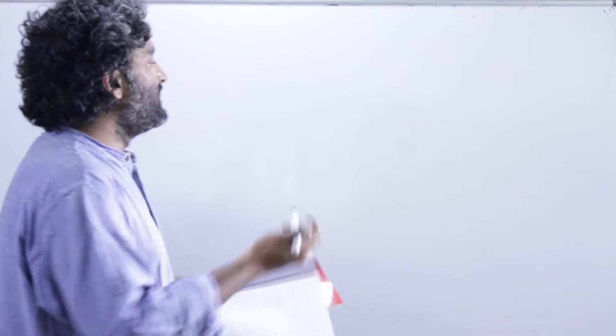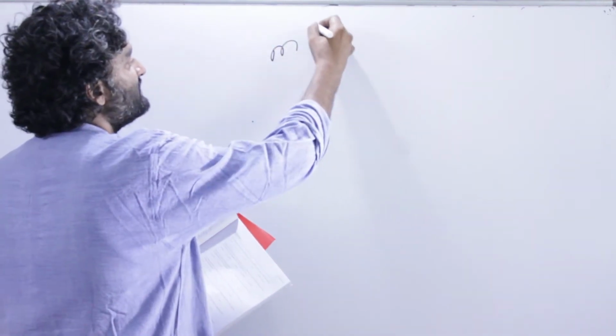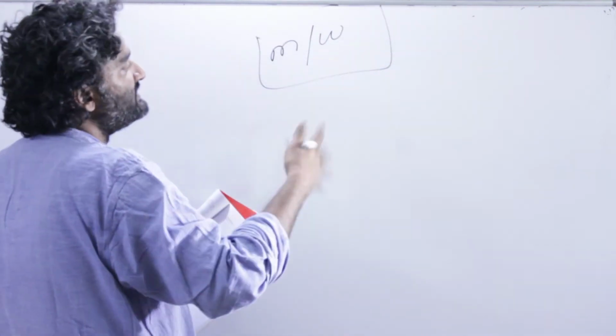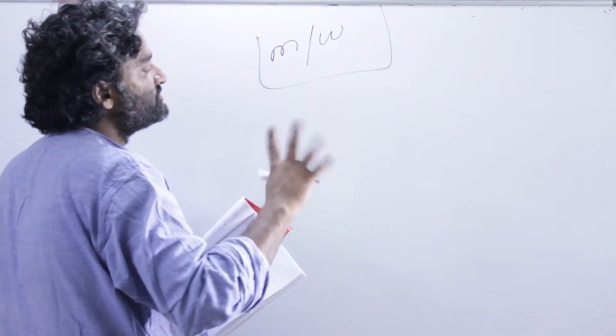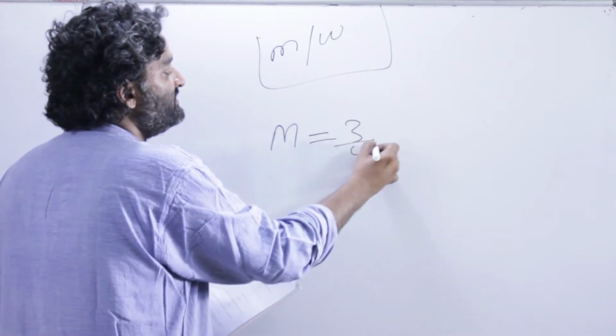So in a mixture of milk and water, milk accounts for 75%. First of all, just a little visualization. There is milk and water in a solution, and milk is 75%. 75% of what? Remember, percentage always connects two things. So milk is 75%, we know, is 3 by 4 of what?